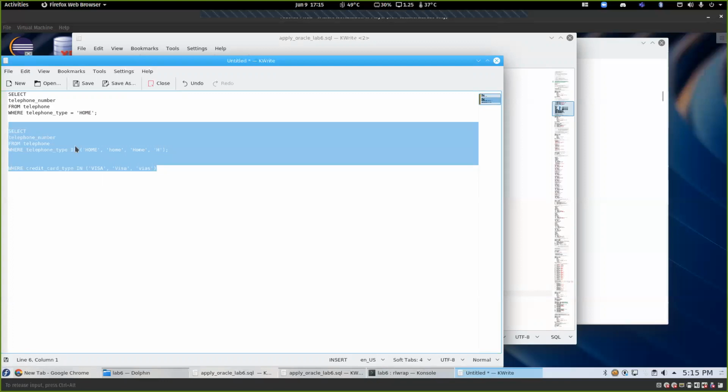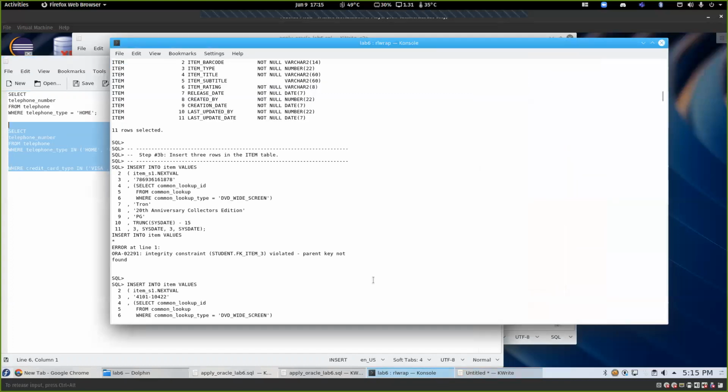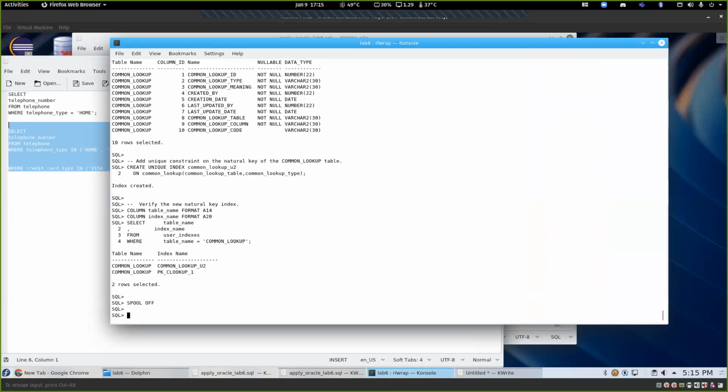So what we've done is we said, hey, look, here's this table that has all the possible combinations. So in our case, if we were looking for the telephone number, I could say select everything, and we'll just look at everything now from common lookup where common lookup context is equal to,